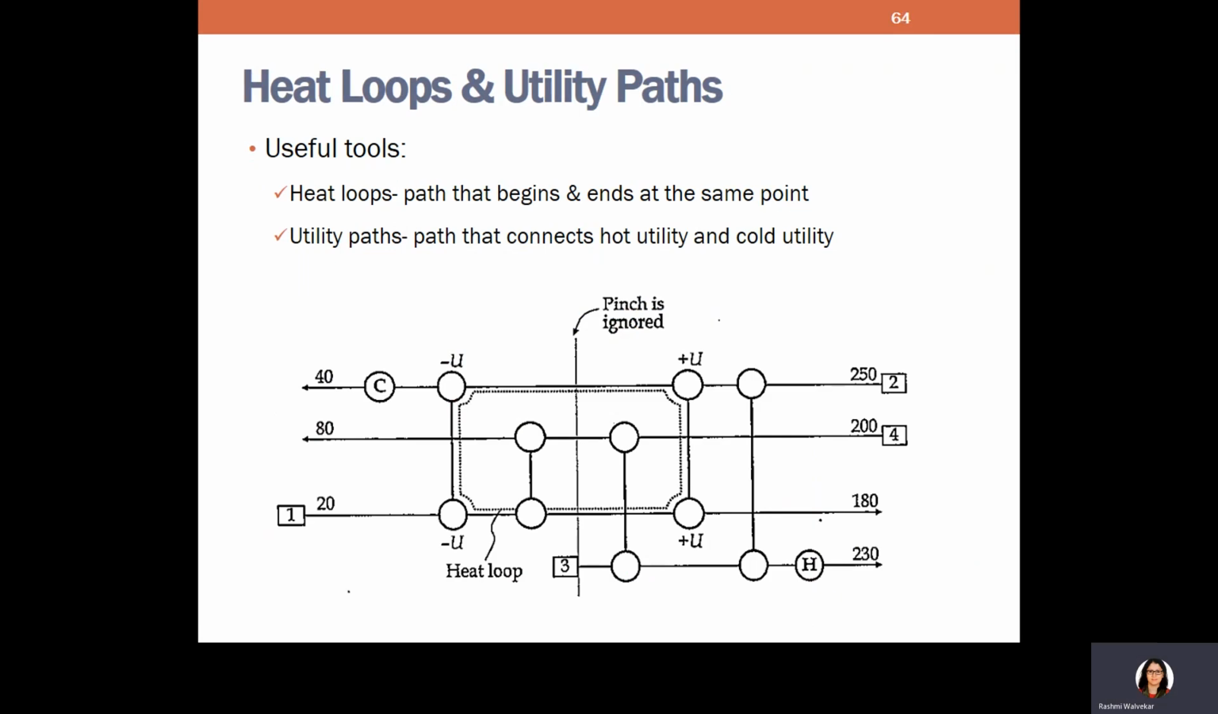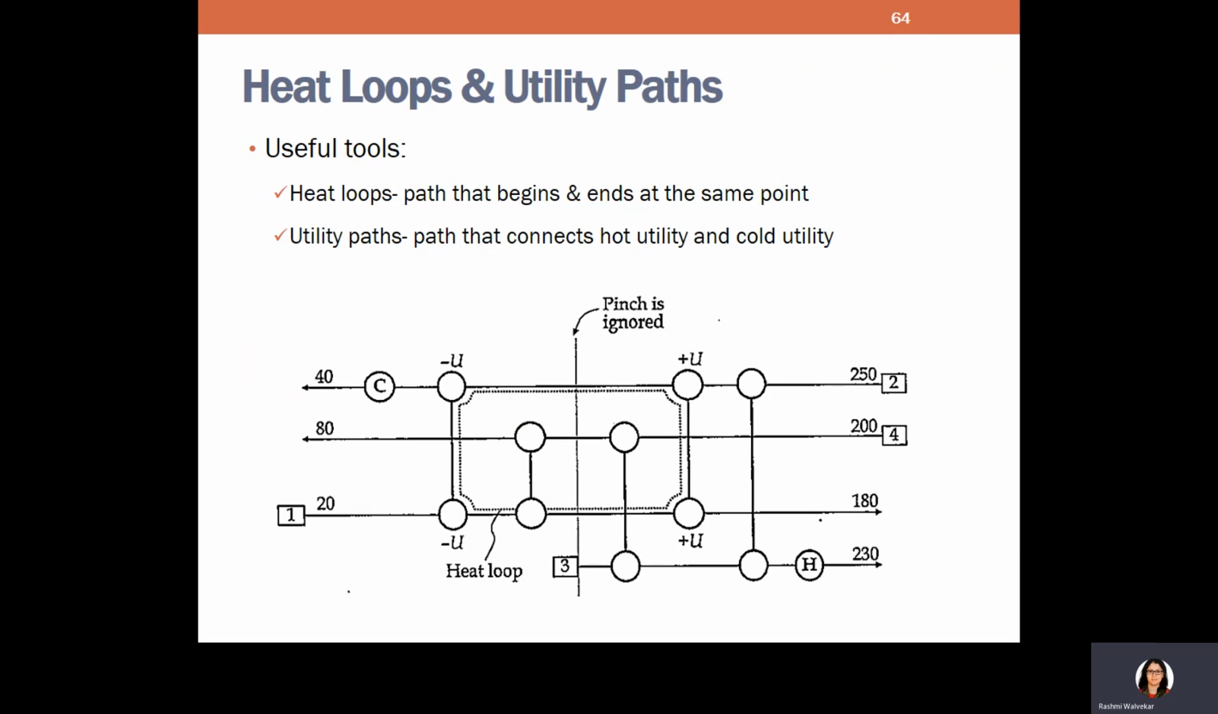In order to perform optimization studies, we need to first identify the heat loops. Heat loops are paths that begin and end at the same point. For example, this is one complete loop: this heat exchanger and this heat exchanger. When you join them, you start from one point and end at one point. Similarly, you can find other heat loops